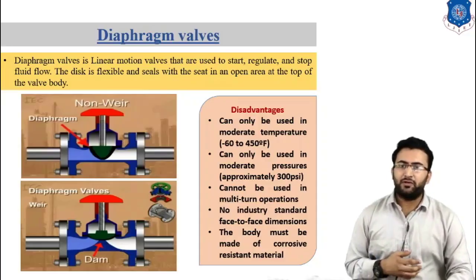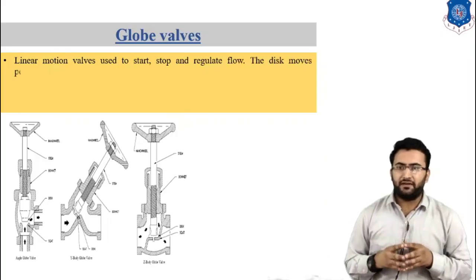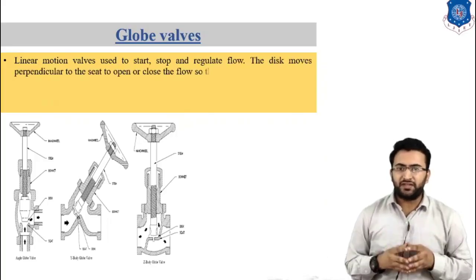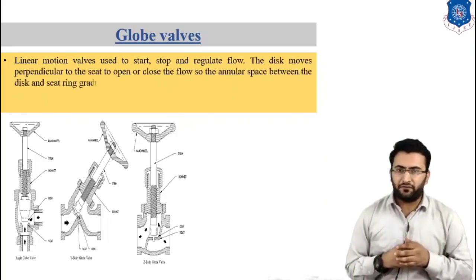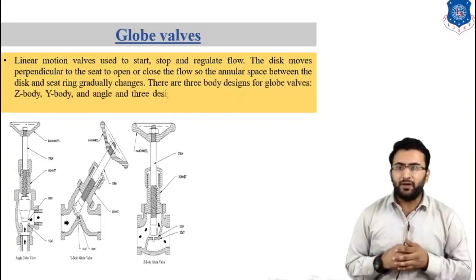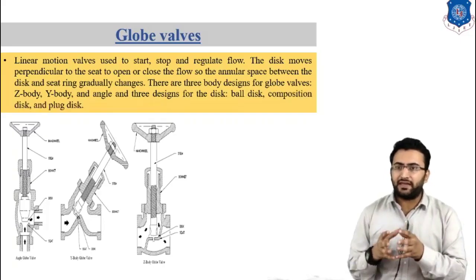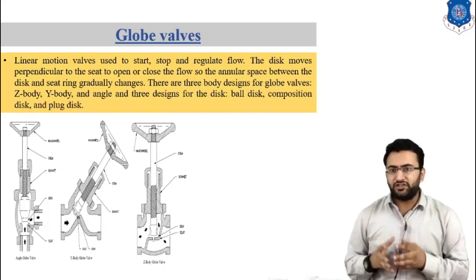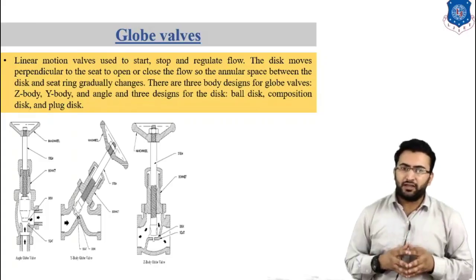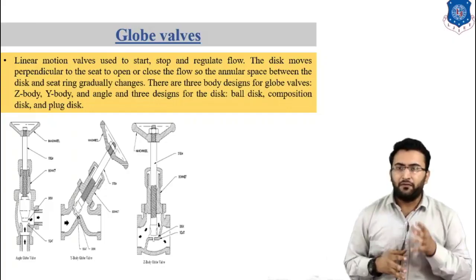Now let's talk about the next type of valve, which is a globe valve. Globe valve is a linear motion valve used to start, stop and regulate flow. The disc moves perpendicular to the seat to open and close flow, so the annular space between the disc and seat ring gradually changes. There are mainly three body designs for the globe valve, such as a Z-type body, Y-type body